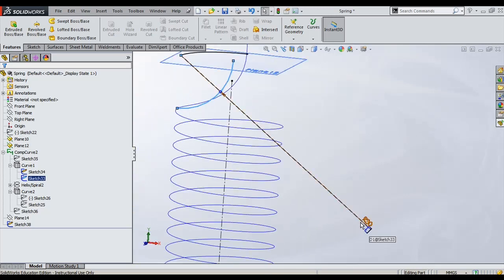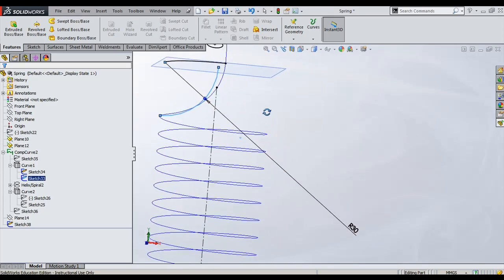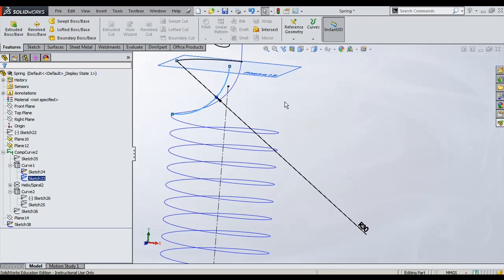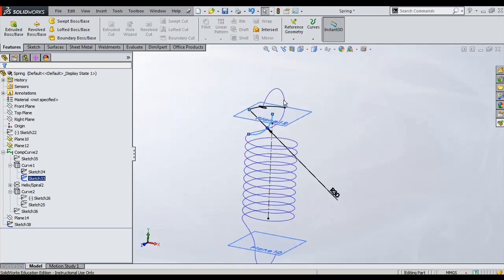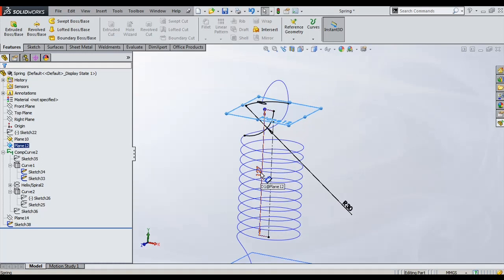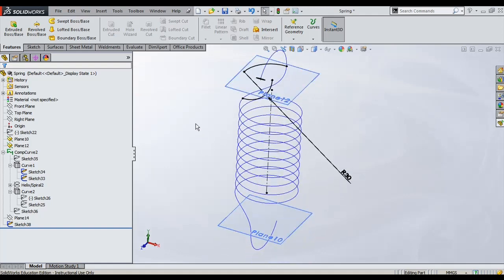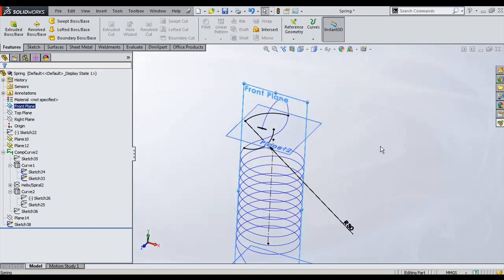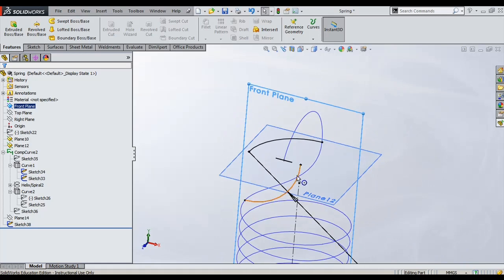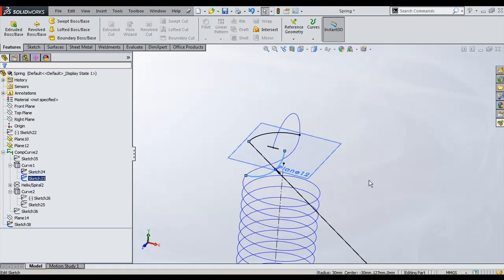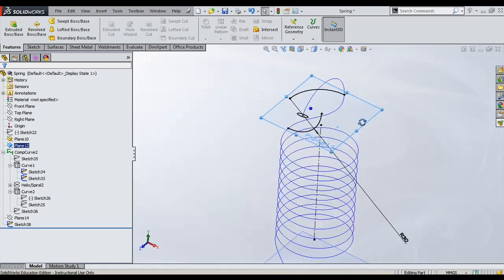So this radius of arc 30 will be drawn on this one in such a way that the plane should be on this top surface, which means this is having a total height of 97, and if you are offsetting a plane to 127, you can understand that the distance between these two will be 30. So choosing this plane, that is the front plane, we need to draw this first sketch radius, that is arc, and on this top plane you need to draw another